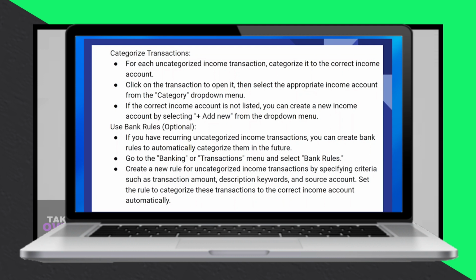For each uncategorized income transaction, categorize it to the correct income account by opening the transaction and selecting the appropriate income account from the Category drop-down menu. If the correct income account is not listed, you can create a new income account by selecting plus Add New